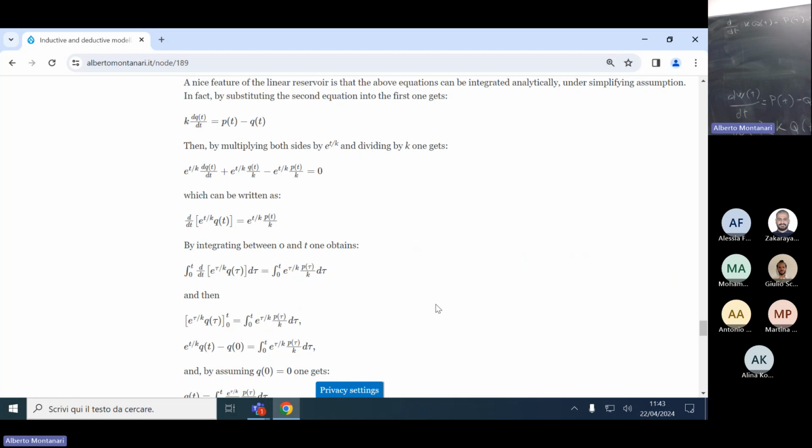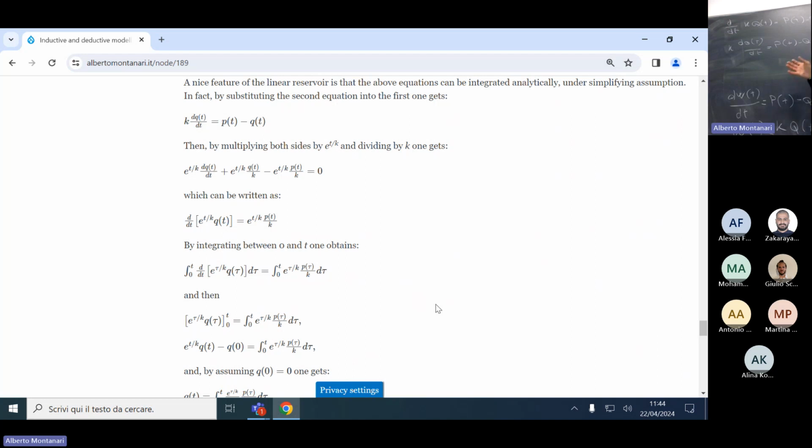Of course, we need an integral. We need to compute an integral to solve it. But before computing an integral, K is a constant, so I can take it out of the derivative: K dQ over dt is equal to P minus QT. Okay? This is the first step. And then